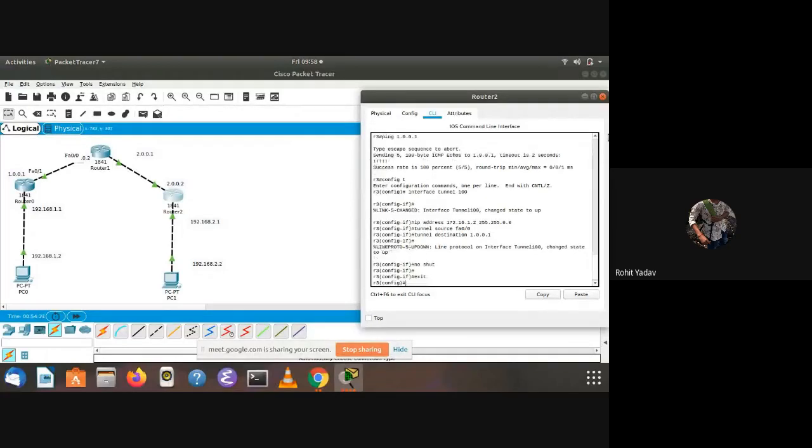Okay, exit. What we do here is IP route 192.168.1.0 255.255.255.0 172.16.1.1.